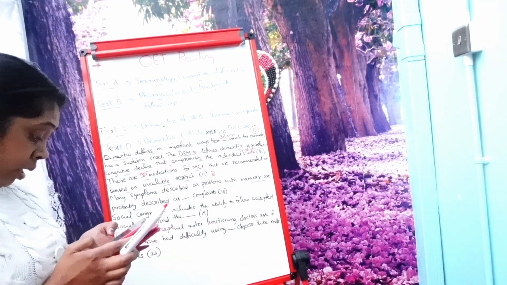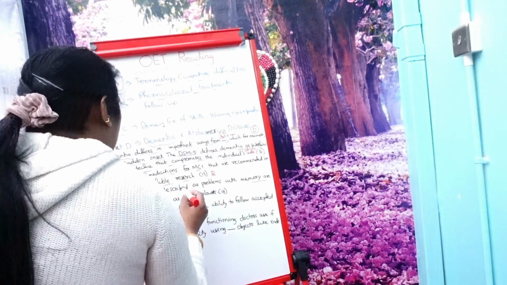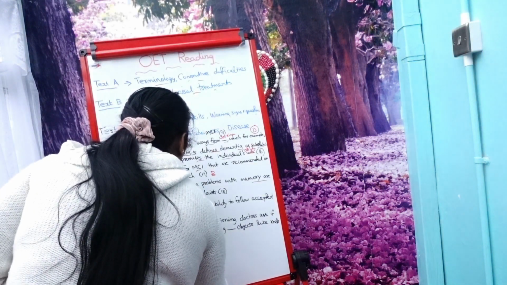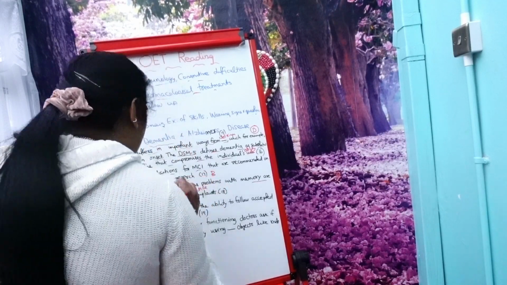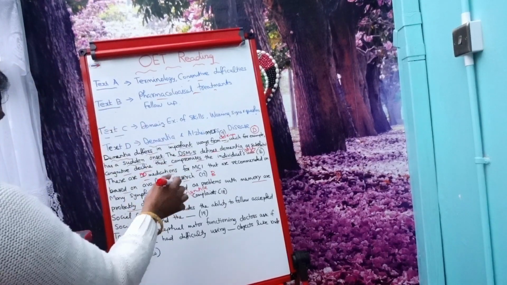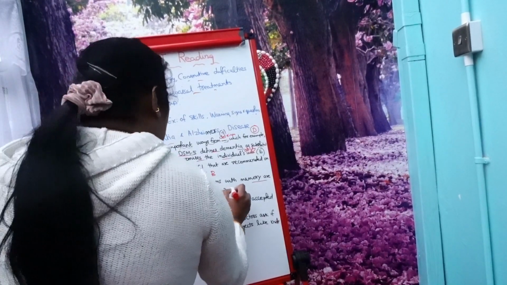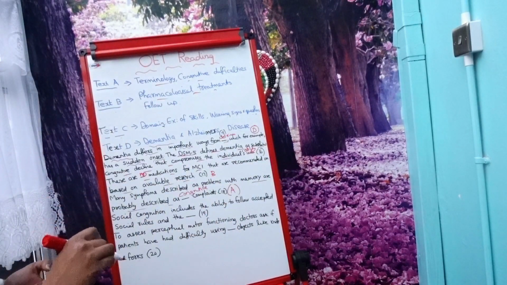Although learning and memory is often most salient, that one we already got, isn't it? So what is the answer? That is the answer, cognitive. It is cognitive or congenitive. Okay, so the next one, that is in text A. Okay, so it is coming from everywhere actually. The next one,